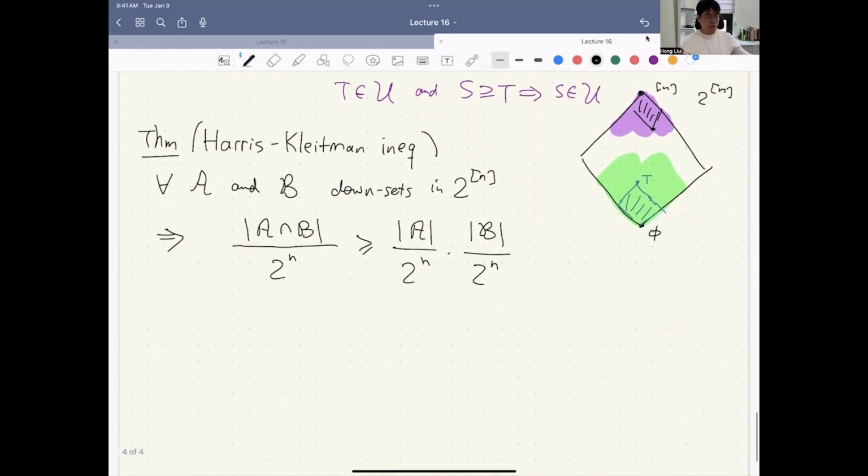This is the Harris-Kleitman inequality. So let's pause for a moment to decipher what this inequality is saying